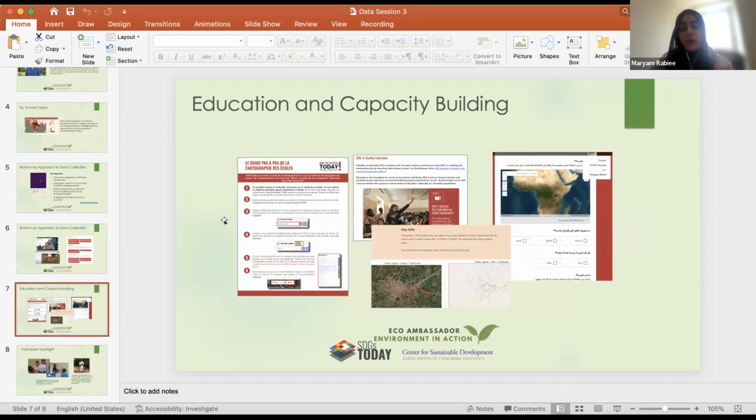I forgot to mention, we also have a couple of activities in a story map format for those who want to test out their ArcGIS skills beyond what we covered last week. So if you want to use that data to do some basic analysis or mapping, we have a few activities available on our platform as well.